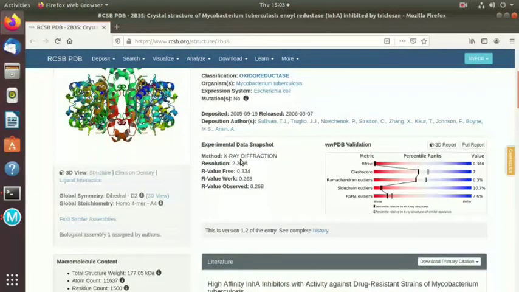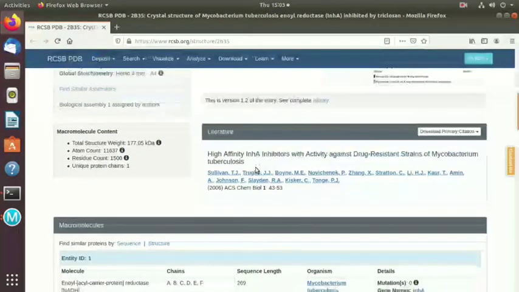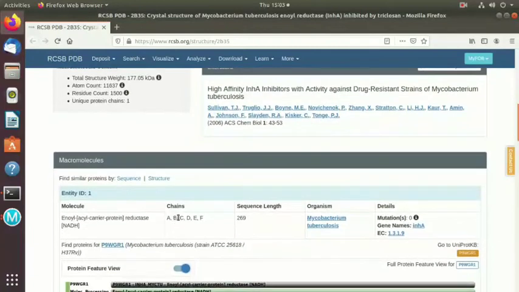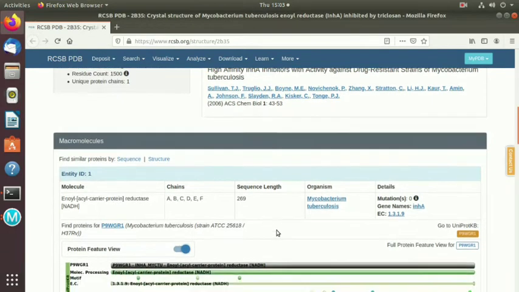It is crystallized by the X-ray diffraction method with a resolution of 2.3 angstroms. As I told, it has 6 unique chains A, B, C, D, E, F. The total amino acid residue count is 1500, each chain has 269 amino acids, and there are no mutations, 0 as we can observe here.